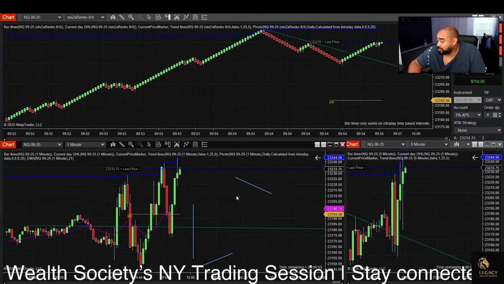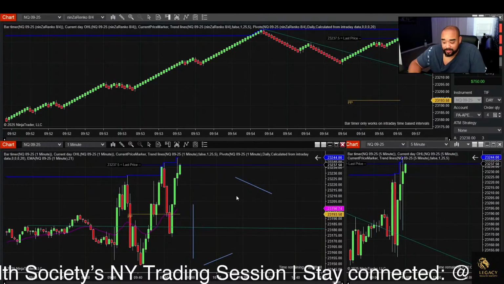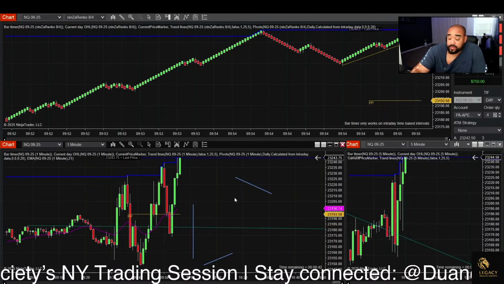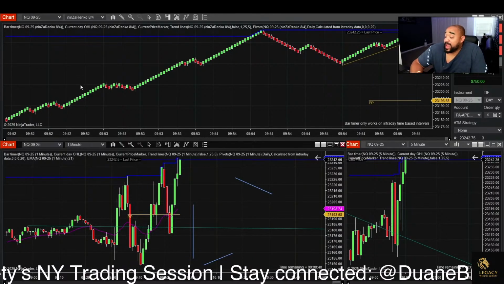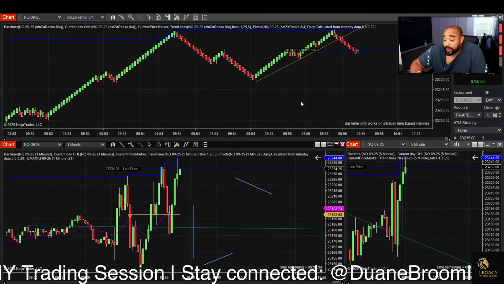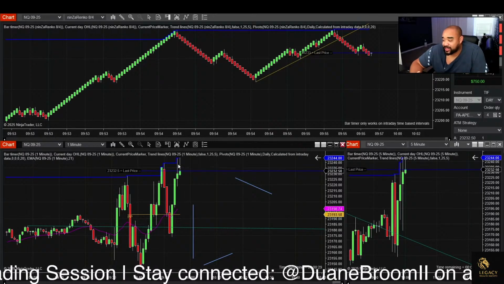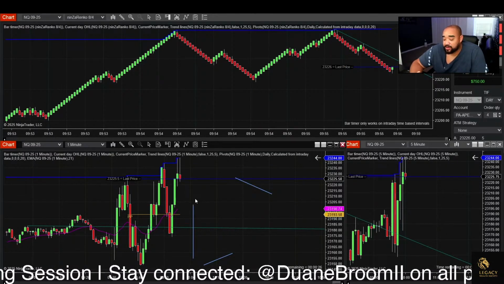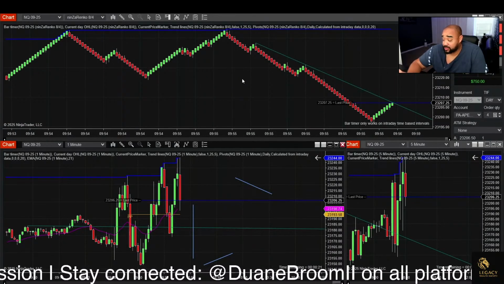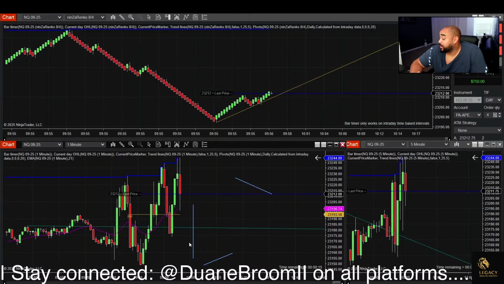The volatility of the legacy wealth society. Right, that's what it is, right? When they're doing that, it's like consolidating. Hopefully, no, right now it's not really consolidating. The buyers are trying to push, but we got these wicks on these candles that are making me hesitant to buy, only because those sellers from open have been consistently selling this right back. You see? Boy, I'm looking at it right now. Wow.